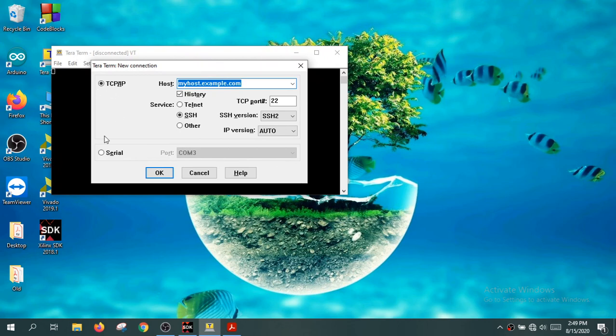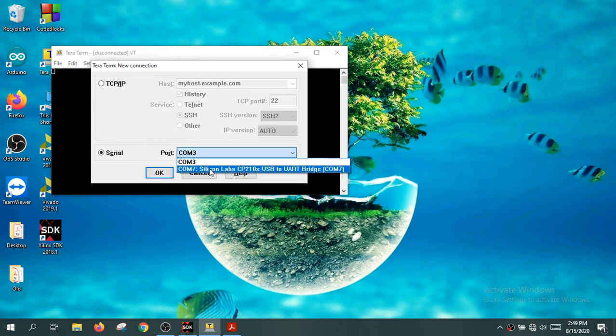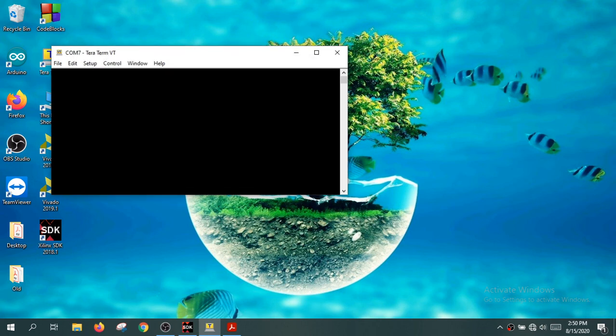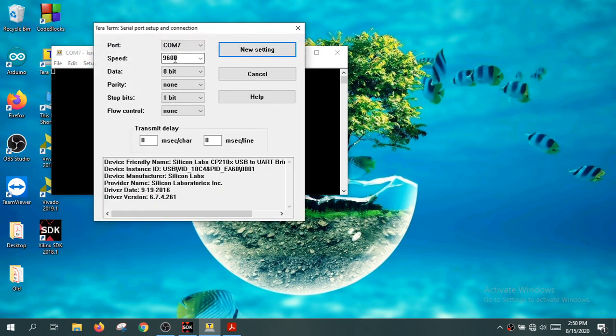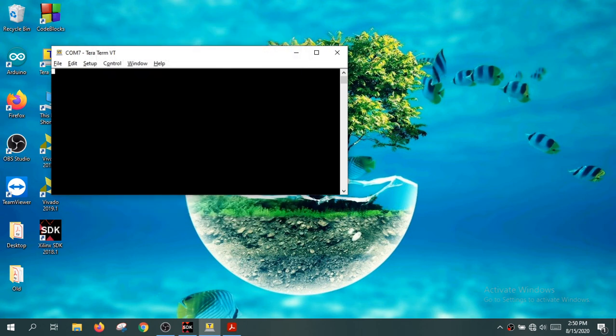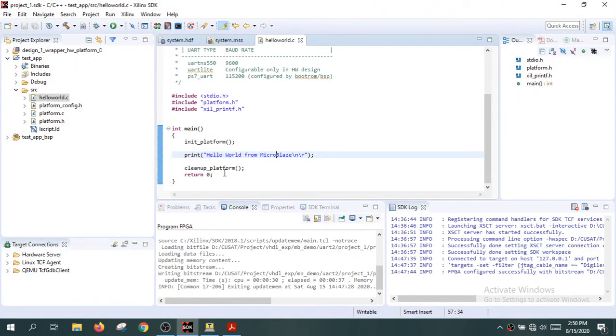So I will select serial here, and in the ports you can see the Silicon Labs, this is the USB to serial port converter of the AC701 board. So that will be detected here if the drivers are installed, and just click OK. The default serial port settings, you can see here, it is configured as 9600 baud rate, and for MicroBlaze based programs the default baud rate is 9600, so you need not change anything. So now the Teraterm is ready. We can go ahead to SDK and